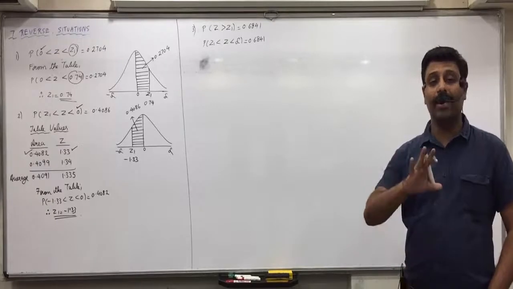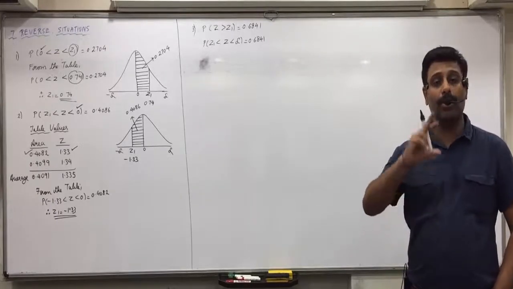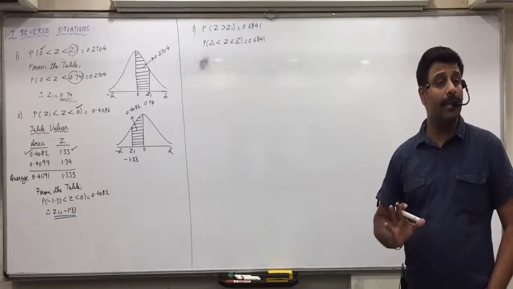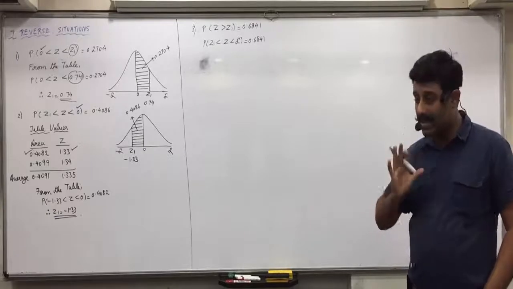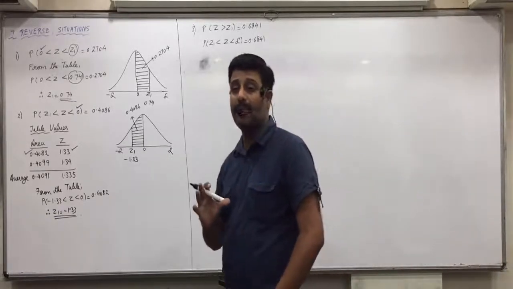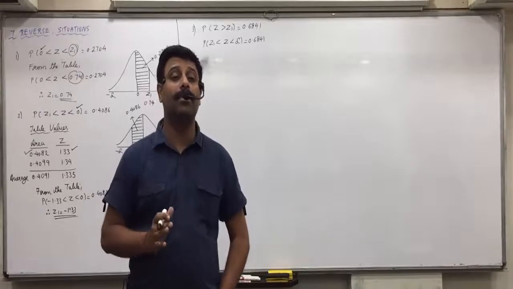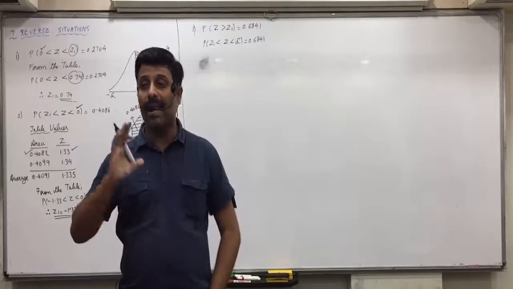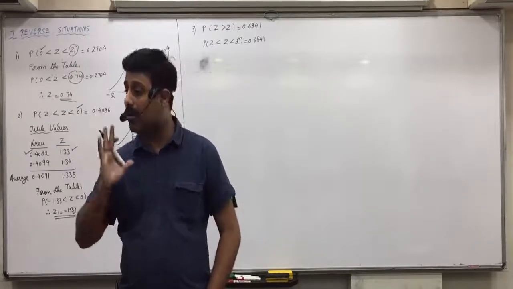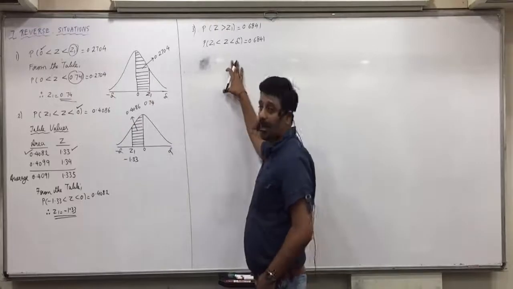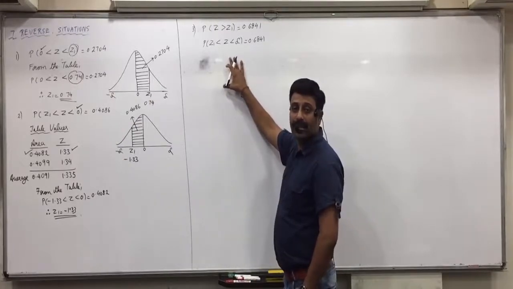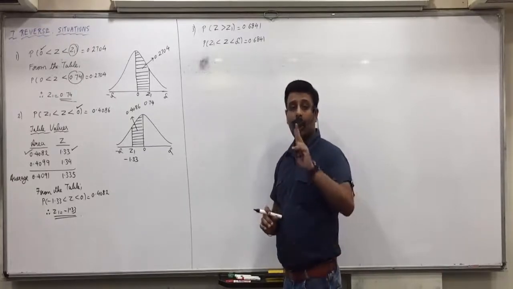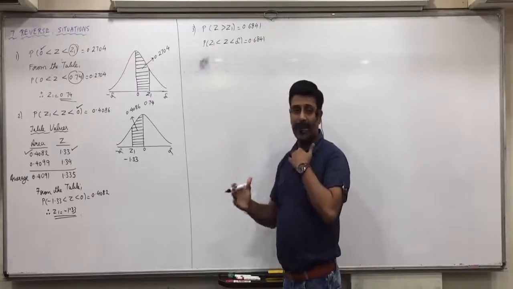But taking your level into consideration, I will always be making two diagrams. Taking one diagram Z1 on the right side, taking one diagram Z1 on the left side. One of those two diagrams will be right and the other one will be wrong. You have to identify which one is right and cancel the wrong one. So whenever 0 is not there, first important thing is to decide Z1 should come on the right side or on the left side. Make two diagrams. Initially do that with practice of questions.